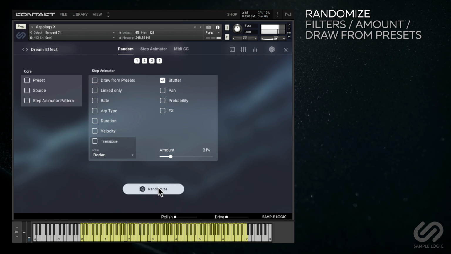The amount slider is especially useful for coming up with subtle harmonics and melodies. Set it low and choose to transpose a scale type, then only a few pitches in the sequence will be changed. There are new filters for the probability that a note will play, and the FX/XY movement.